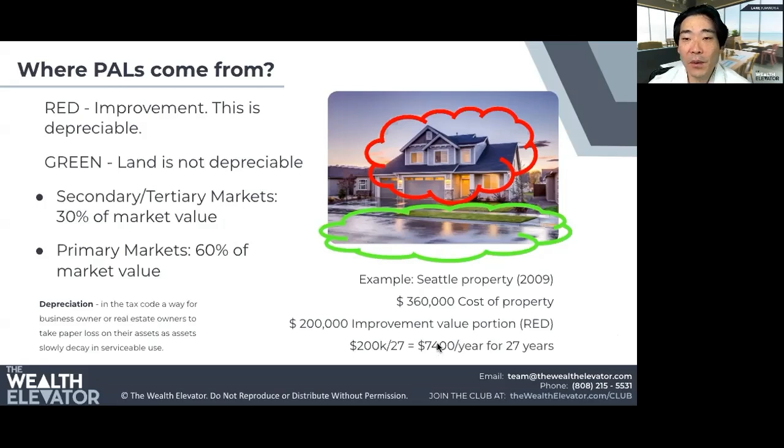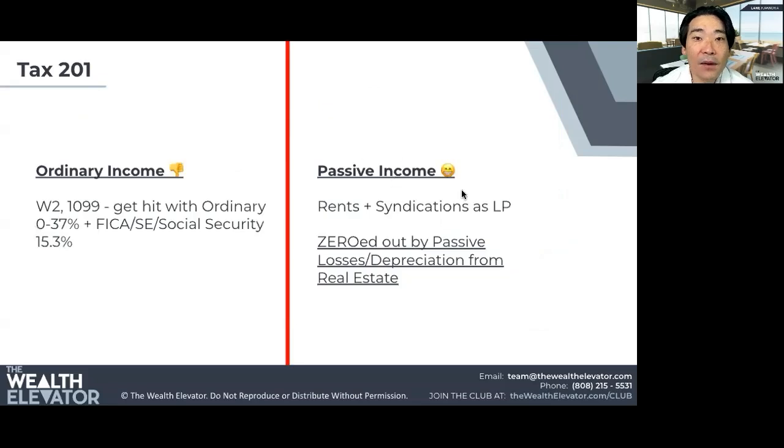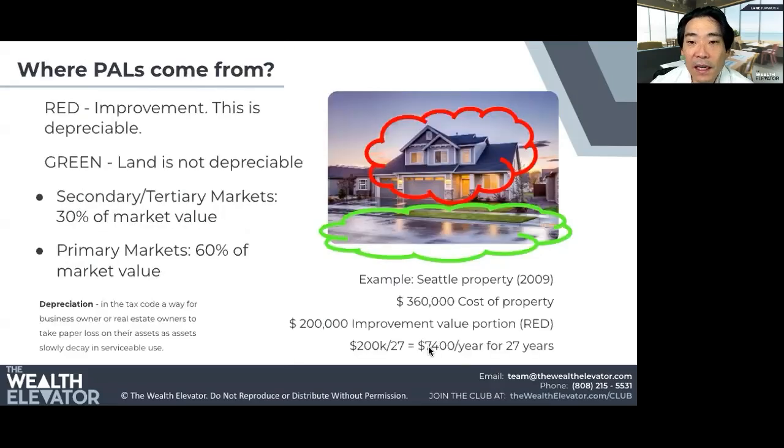Which on that rental property, if I think back then, my rents were about 2,200 and there's obviously expenses. Let's just say I was making $1,000 a month of income after expenses, and multiply that by 12, it's $12,000 per year. That would be what would come down on my taxes as passive income. But what I'm allowed to do is take the passive losses and also deduct that. So I essentially shielded $7,400 of income per year, and that certainly offsets a lot of that passive income.